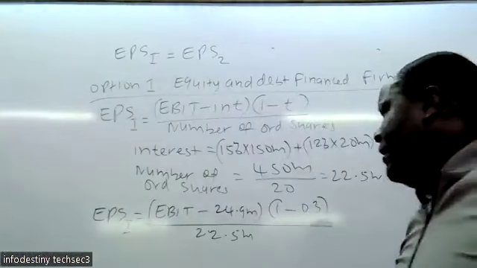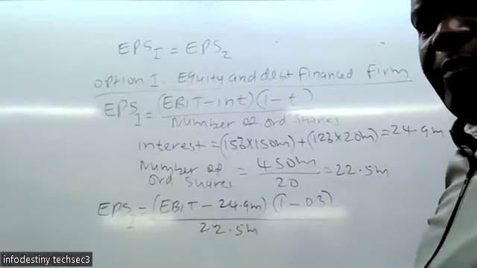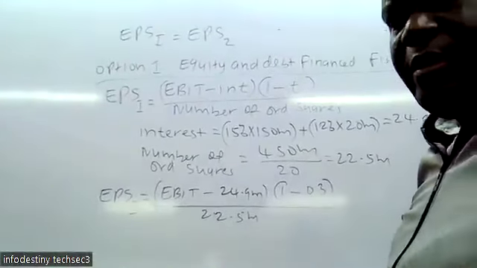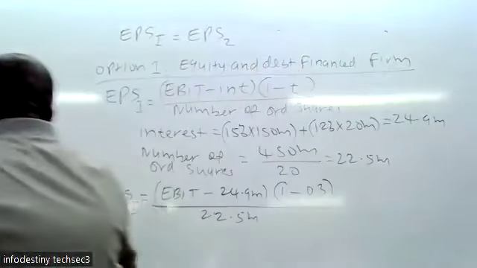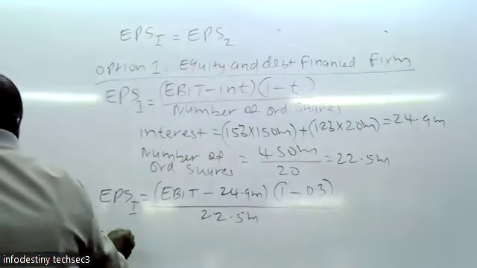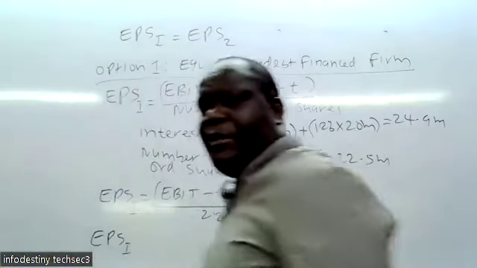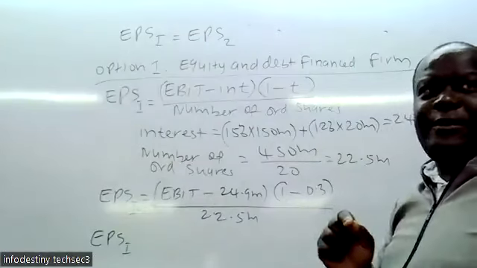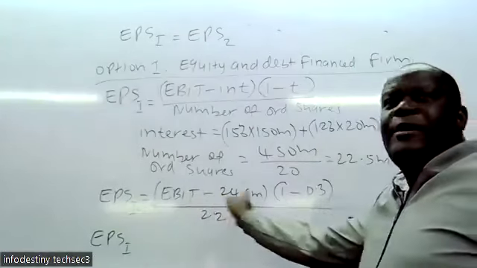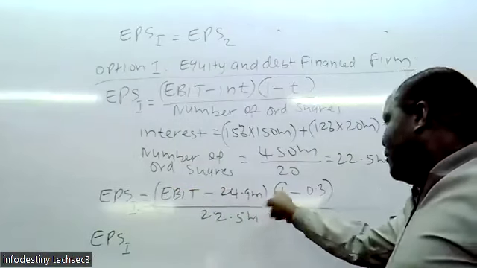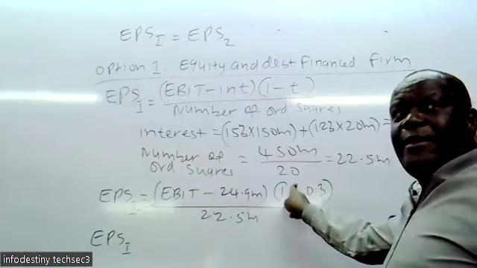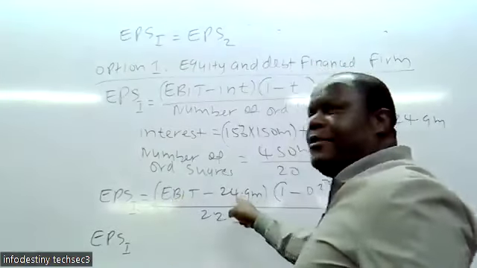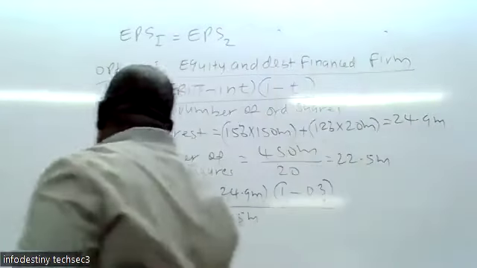So we simplify that equation further. Earnings per share for option 1. So we know that 1 minus 0.3 becomes 0.7. If I open the bracket, I multiply this by 0.7, also this by 0.7. So it will be